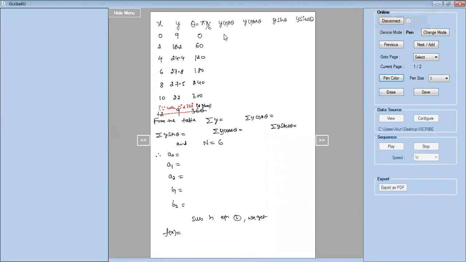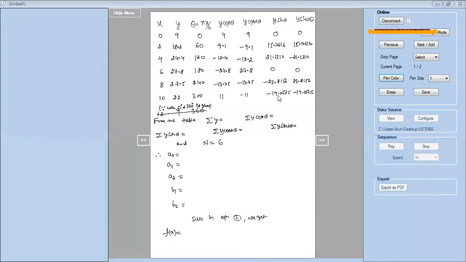Can you tell me, any one of you already calculated? Anybody calculated? So if I give the values in the calculator and find, you get y cos theta, y cos 2 theta, y sin theta, y sin 2 theta. These are the values we are going to get, the summation table. Now once you get the table, just find out the summation values. Find what is summation y cos theta, y cos 2 theta, y sin theta and y sin 2 theta, and just write down these values. And then already we have decided n is 6. Now tell me the values of the summations.